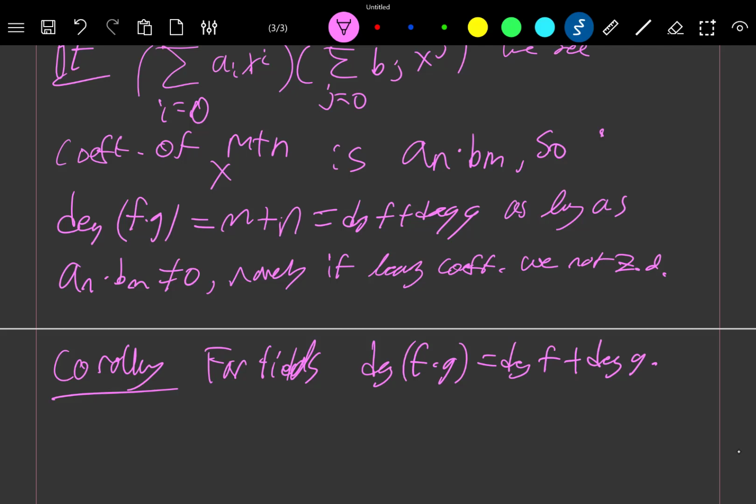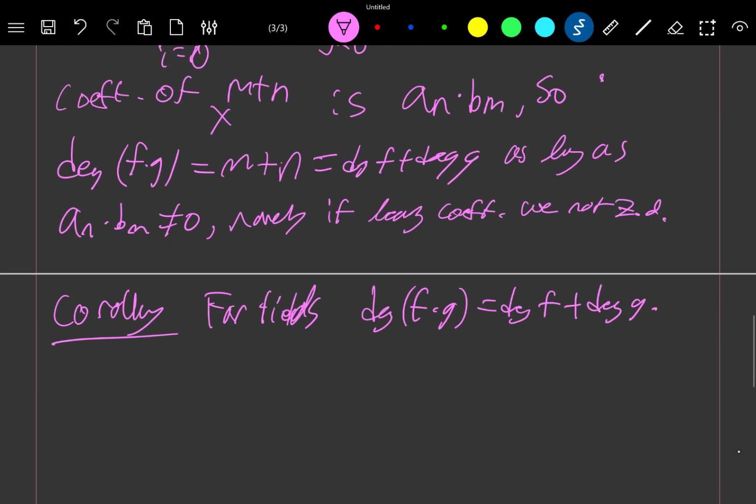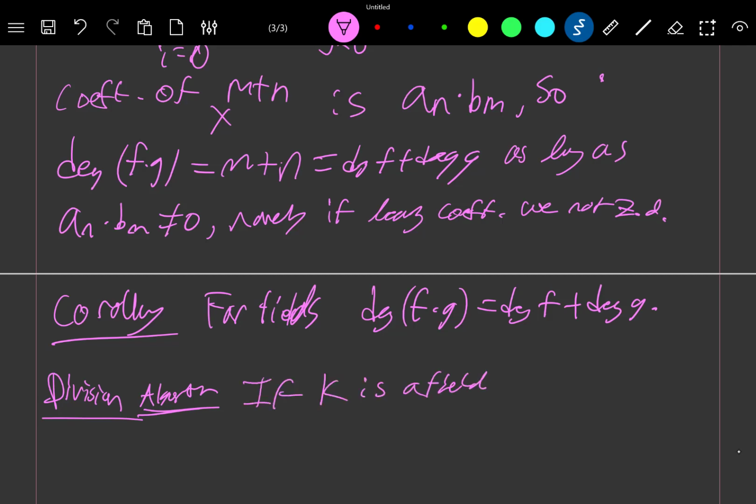So now let us do the following. We have a division algorithm. If K is a field, and f and g are polynomials, then there exist polynomials q of x and r of x,